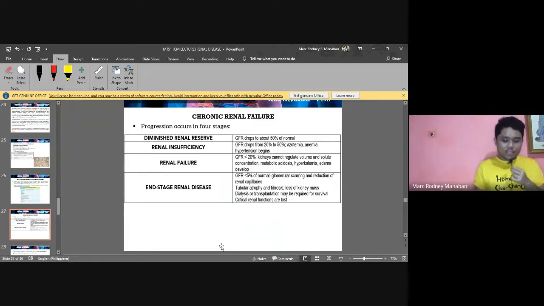Alright? So katong mga essential na renal functions, critical renal functions are lost. So wala na yun. Okay? So for you to survive na lang yun is mag-dialysis na lang ka. Okay? Or renal transplantation. Okay? Muhang majority of your kidneys, guba na yun. Wala na yun. Wala na yung filter. Bisag gamay na nephrons, wala na yun.